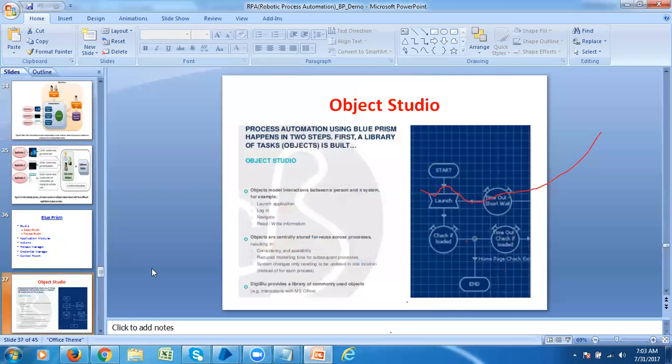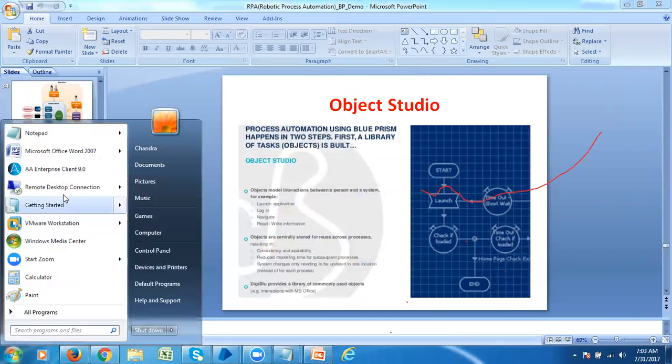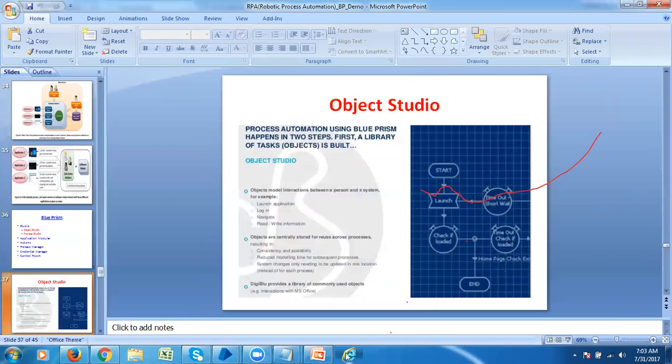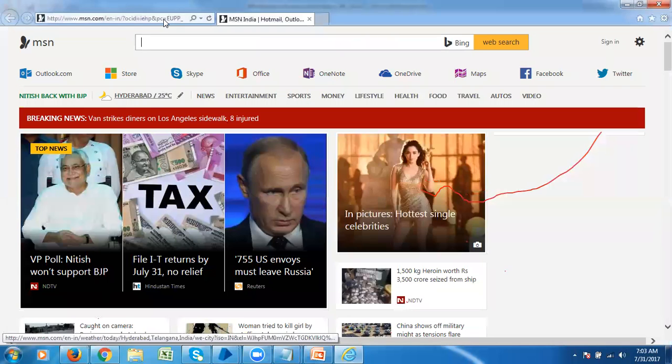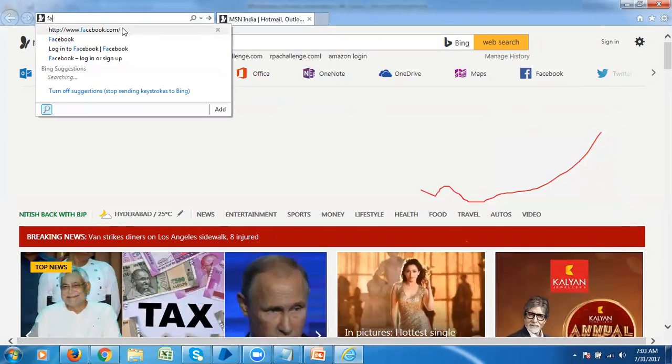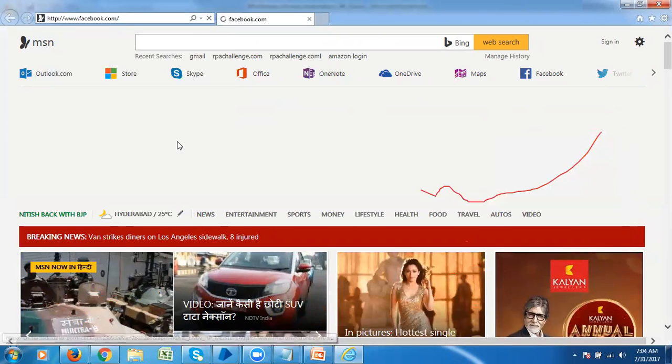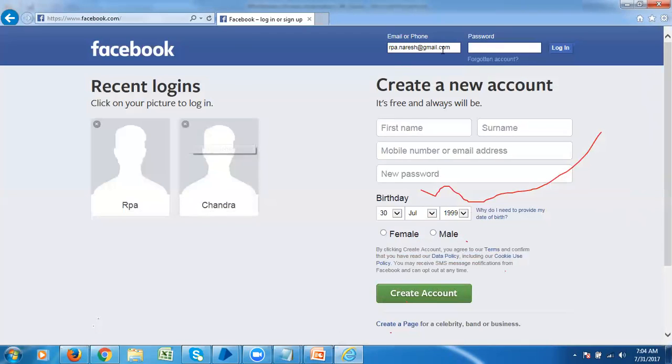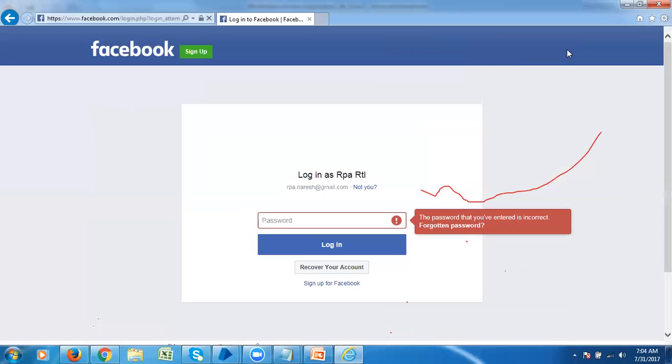Just now I told how we can log into the Facebook application. You have to launch your application. This is a web application, and you have to enter your URL, right? And after that, am I reading the data? No, I'm writing the data. Right now what I'm doing is writing the data. Now again, I'm going to click the button. Now I want to read what messages I have received.